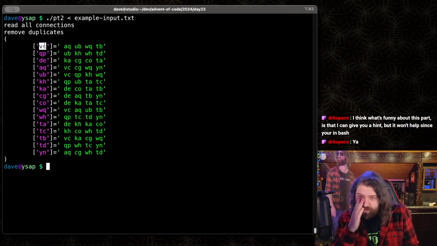Trying to think of what this algorithm would... I'm not even trying to think of an algorithm. I'm trying to think of a data structure that makes sense to store these as, and then what an algorithm could look like to parse these out as. So,